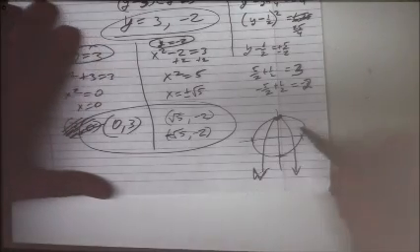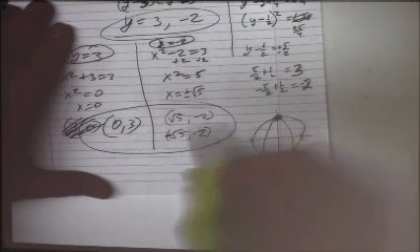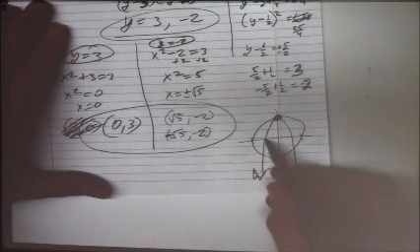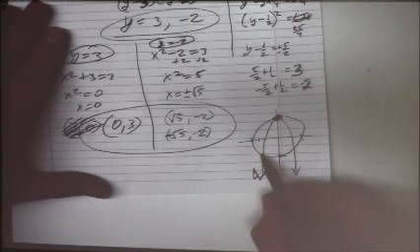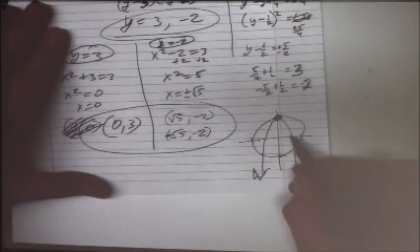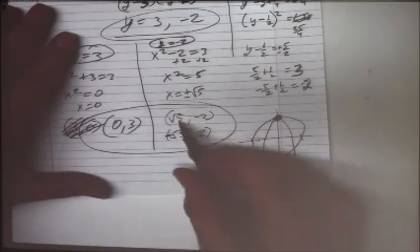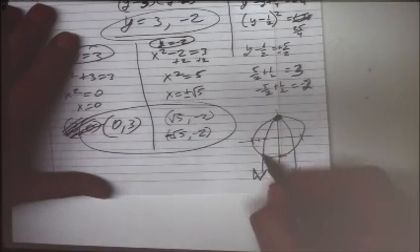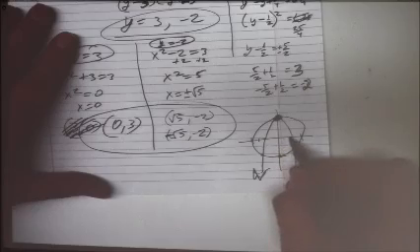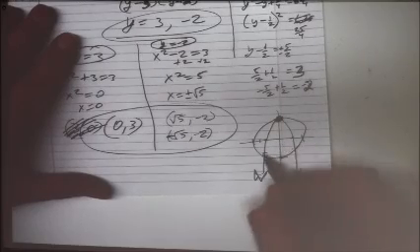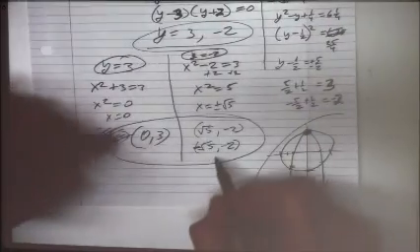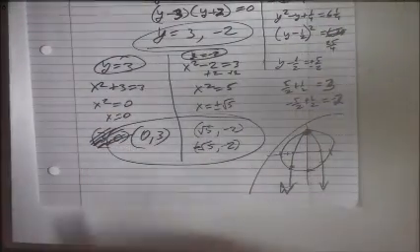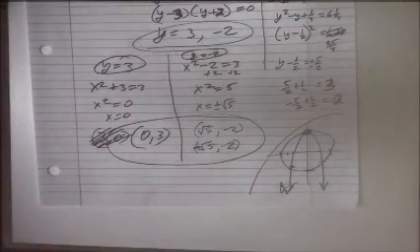Okay, so knowing that, I see there's 0, 3, and negative 2, this must be negative 2, and that's about negative 2.2, and this is, let's see, negative 2, square root of 5, so it's about 2.2, and then this is going to be 2. I can't show it exactly right. So these 2 points match those 2 points. And you don't need to do that graph, but you have to get those points. Okay. Now,